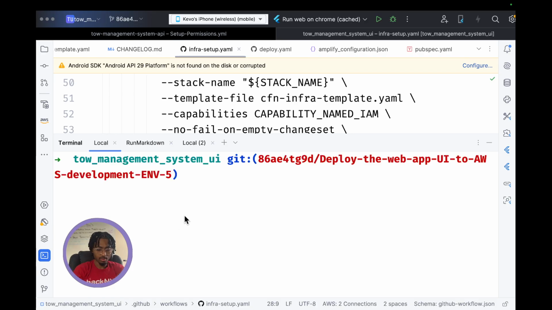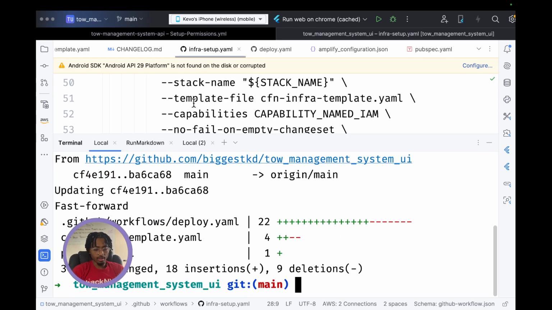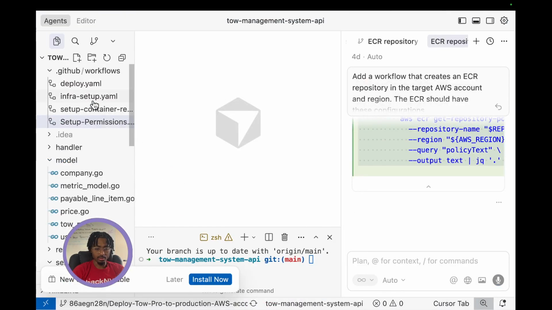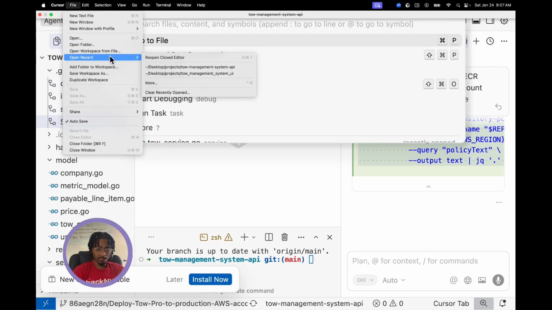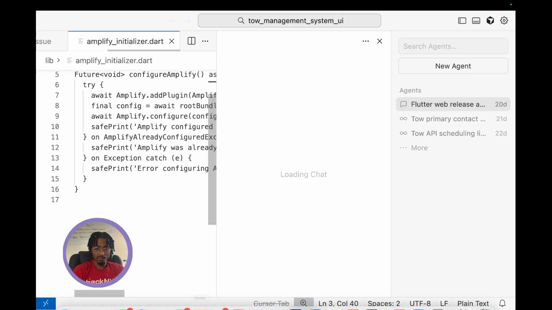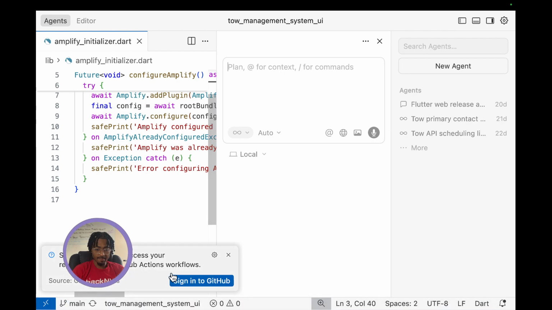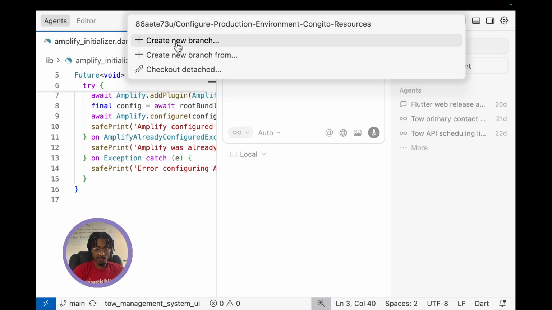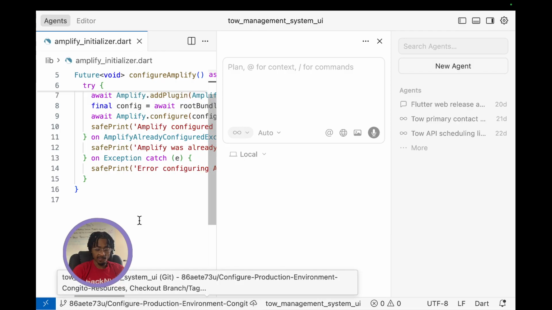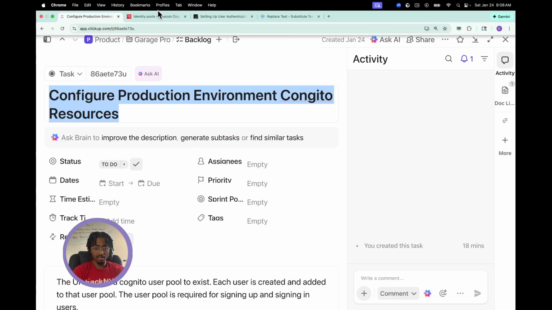Yeah, I want it here. Okay. And then we'll come to Cursor and say, I created that new branch, and now I'm going to come back to my task and say